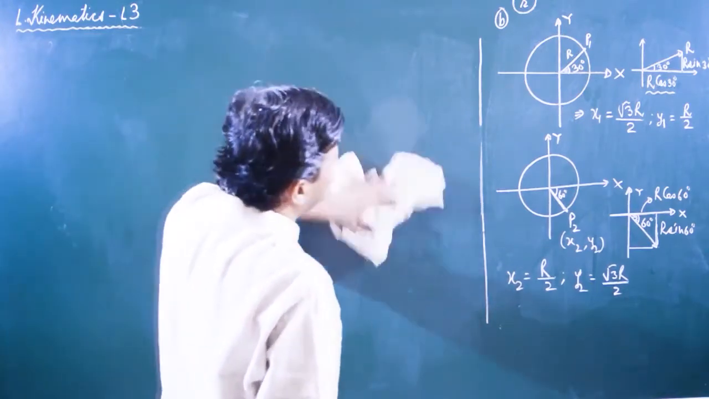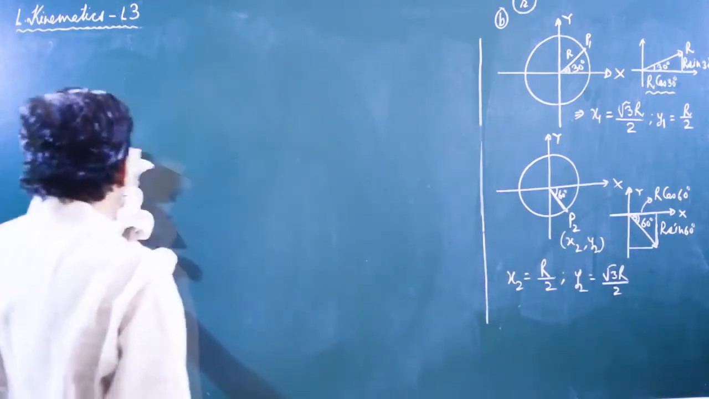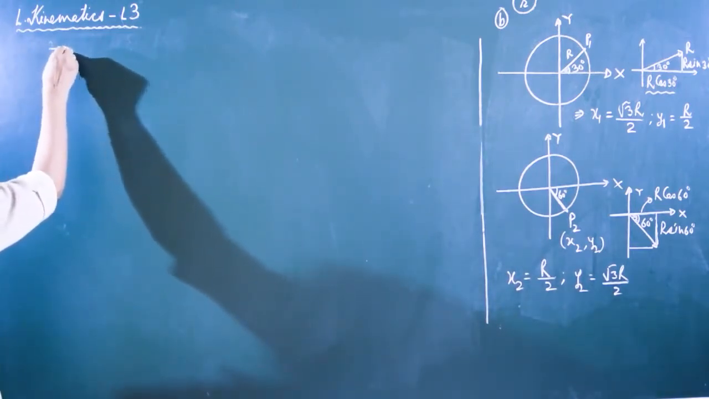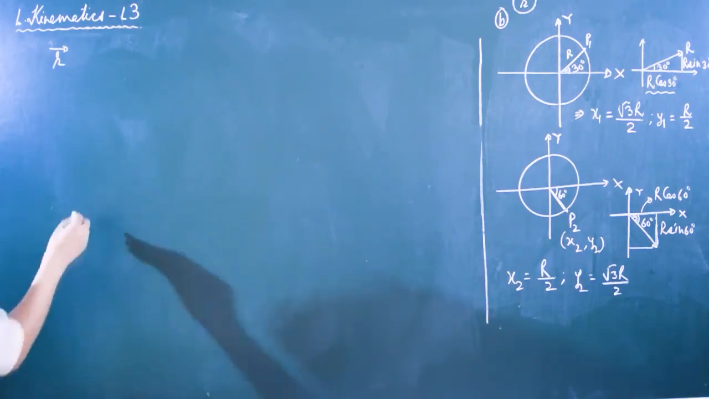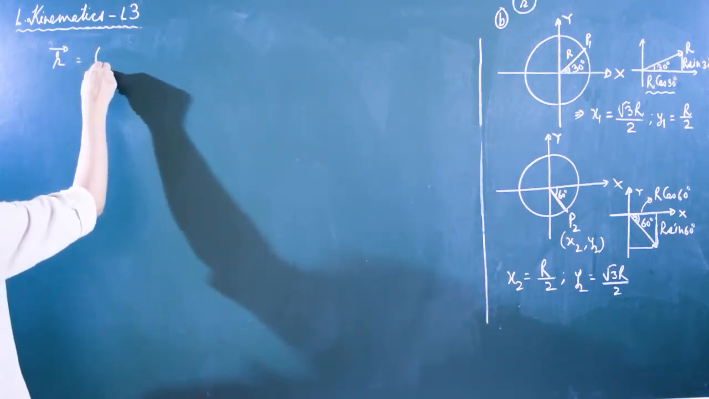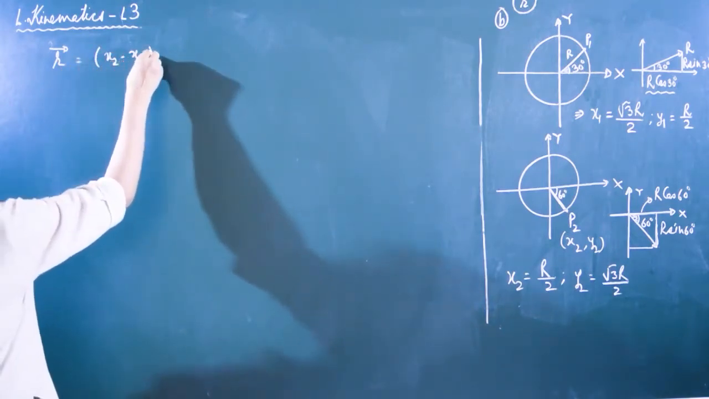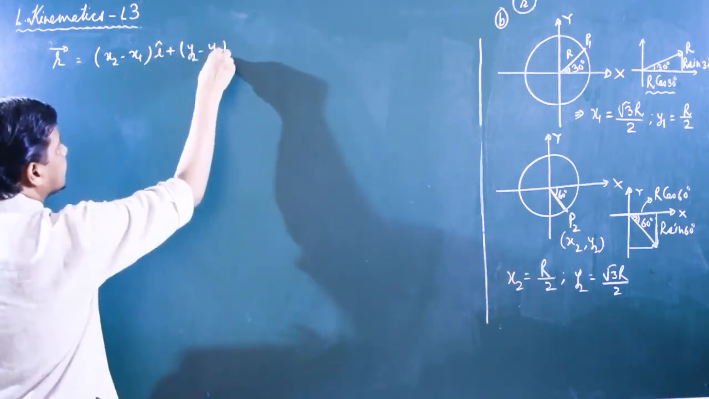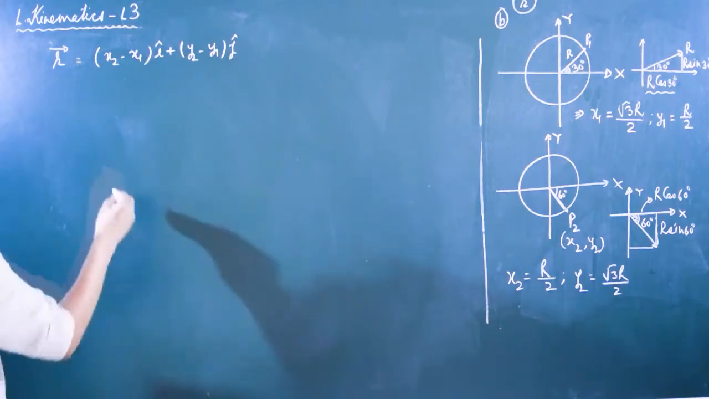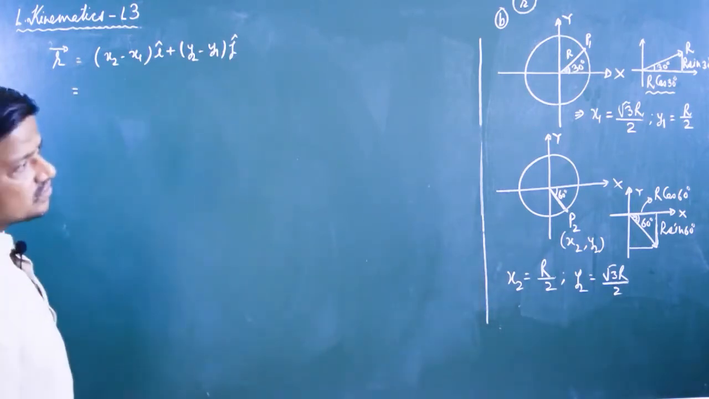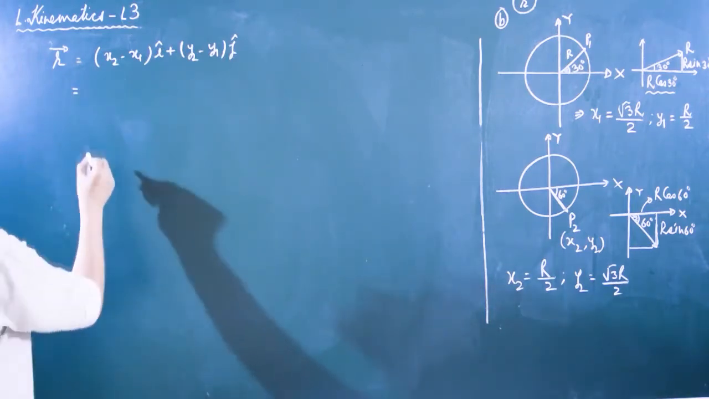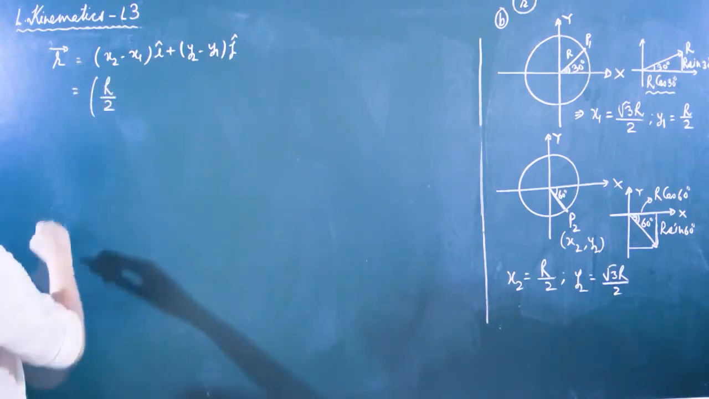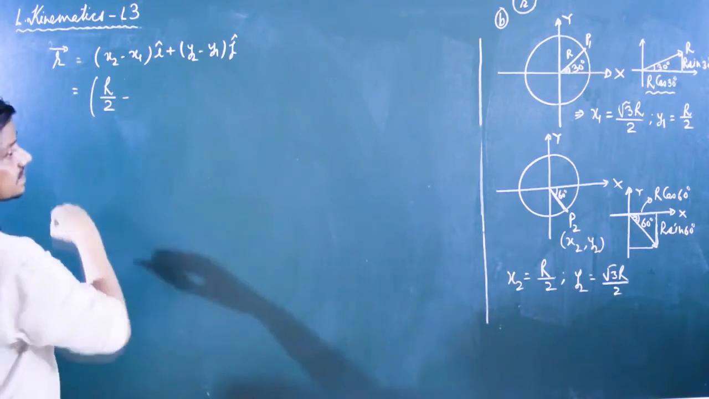Now we come to this part. x1, y1 and x2, y2 are known. Now the displacement of the point P, intersection point P, is equal to x2 minus x1 i cap plus y2 minus y1 j cap. Okay. Now you have the values. Putting values we get r by 2 minus x1 is